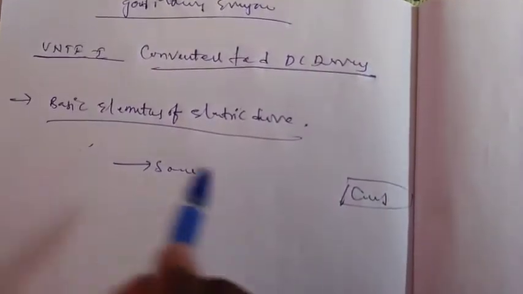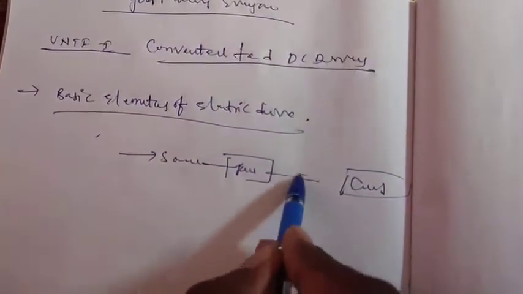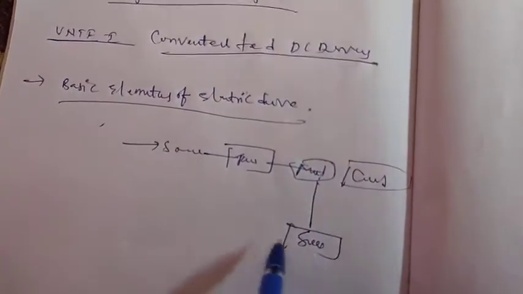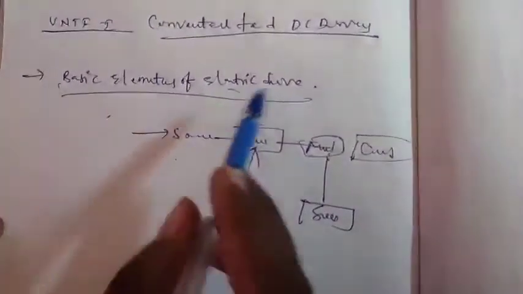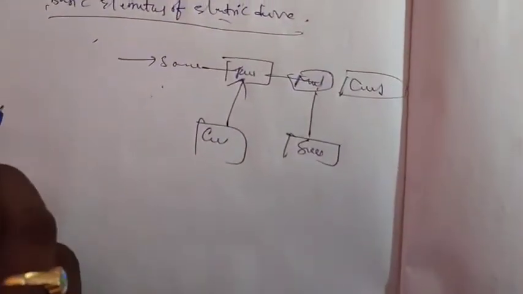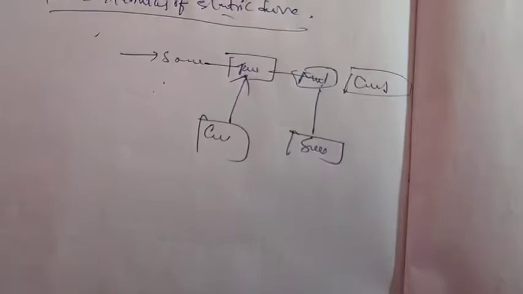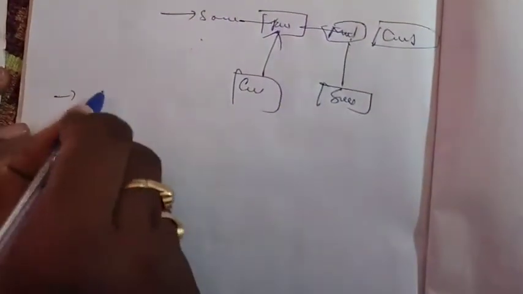Before this, there is one power modulator fed to the motor, which is fed to the sensing element and controller, which again feeds the power modulator. So this is about the basic elements of electrical drive. Under that, dynamic control of driving system and stability analysis, we have derived the torque equations. Next, thyristor